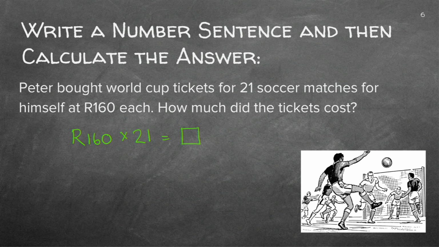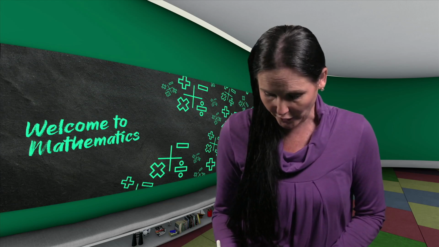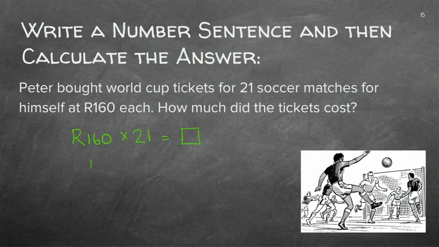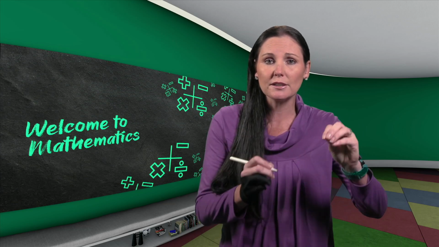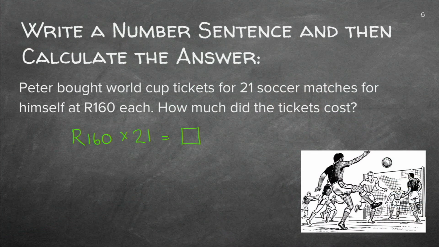So when you get a word problem, you always first write your number sentence and then you do the calculations. Now I'm going to say 160 times 21. But remember when I take the 0 away, so let's do that multiplication fact. See how we work everything you've learned during the term in the lessons. You learn little scraps of maths, but the further we go along in this year, you will see that every single bit of mathematical facts that you've learned, you're going to use it in your other lessons.